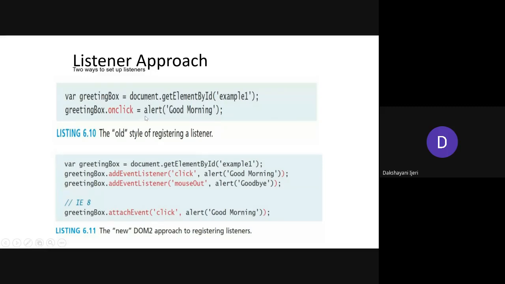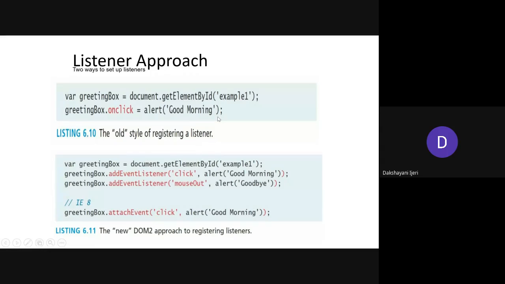And probably if you experiment with this, you'll not be able to see the output, and I'm not sure which browsers support this part of the coding. The next one, which we use nowadays, is the function known as addEventListener, which is termed the DOM2 approach to registering listeners. What you can observe in this example is that this action is only for clicking. Whatever you have defined as part of the click is considered only one event for giving the pop-up message.